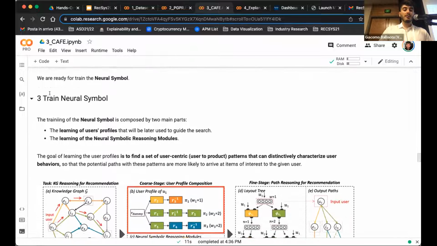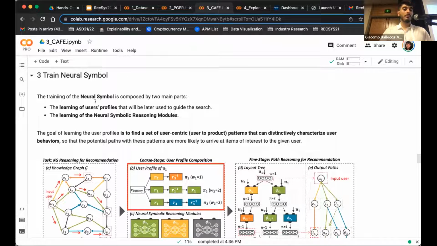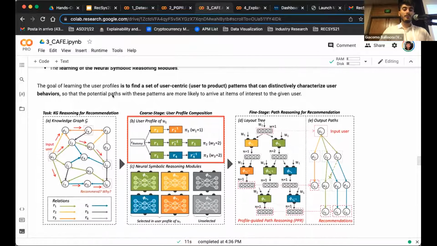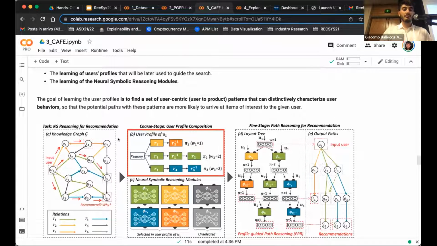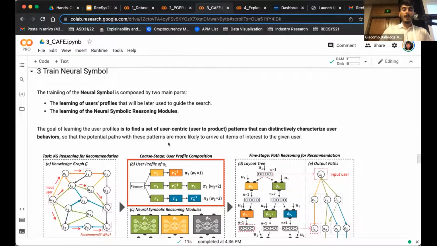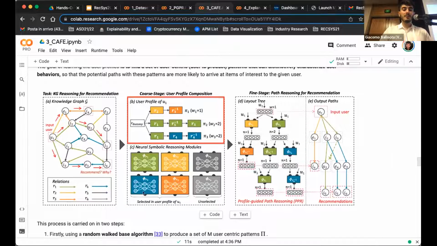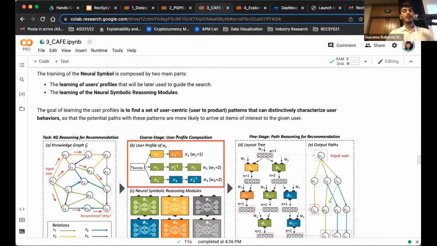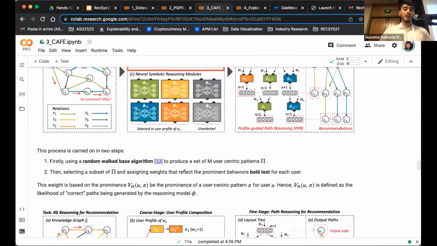Then, when we have the user profiles, we are ready to train the neural symbolic modules, but I put also a description of the user profile composition here, if you're